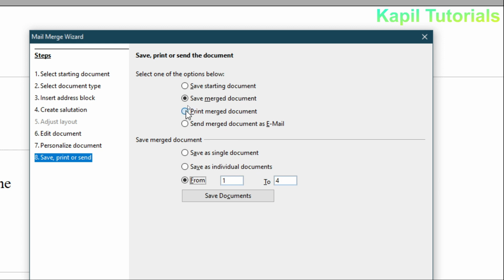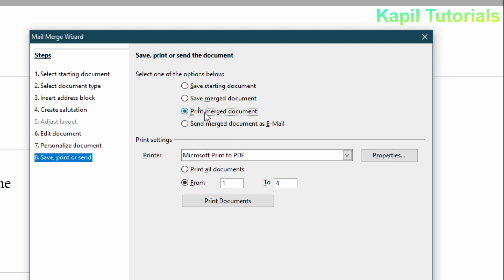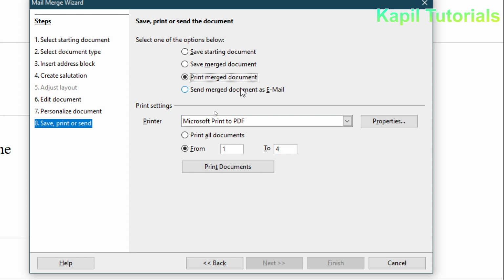And then print merge document. Suppose if the printer is there, I can select this option also, like print to PDF. If I click it, it will save it as a PDF file. So when I ask you to just send me a merge document, you can use this also, print merge document, it will be saved as a PDF.